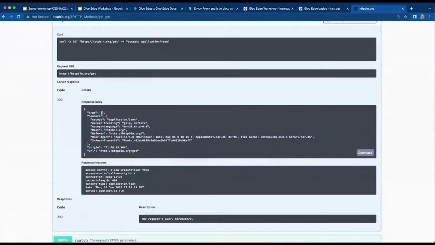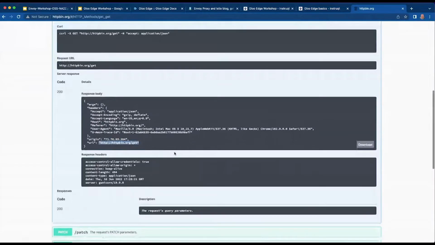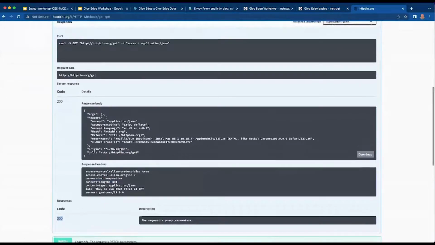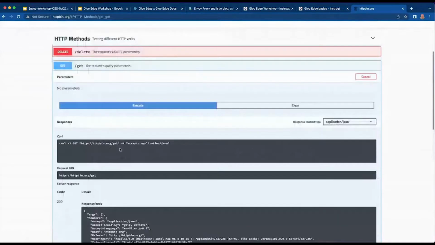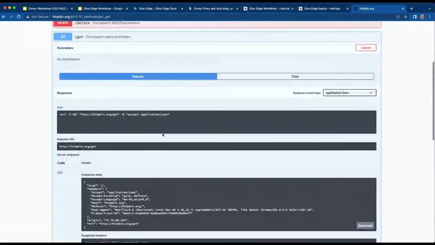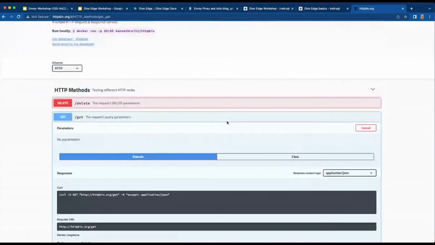If there were any arguments passed in, let's say it's a post request, you might get some arguments passed in here. What was the origin IP address? What was the original URL? Also some metadata here in terms of response headers. What was the content length? You'll also get back the HTTP response code, and that sort of thing. So this is a service just out there on the internet, right? It has nothing to do with Glue Edge specifically,